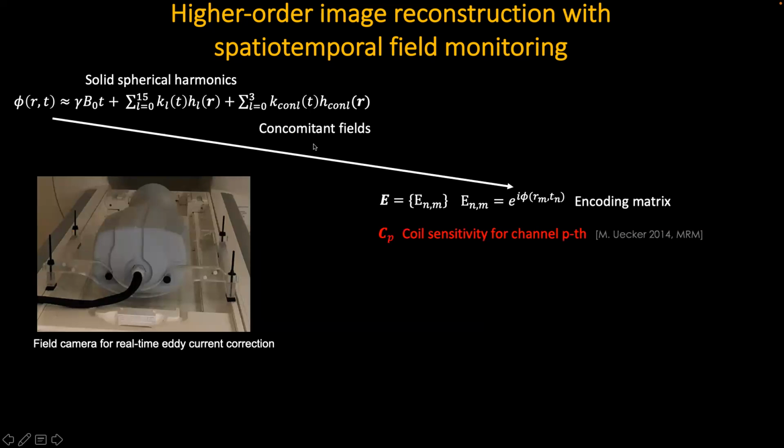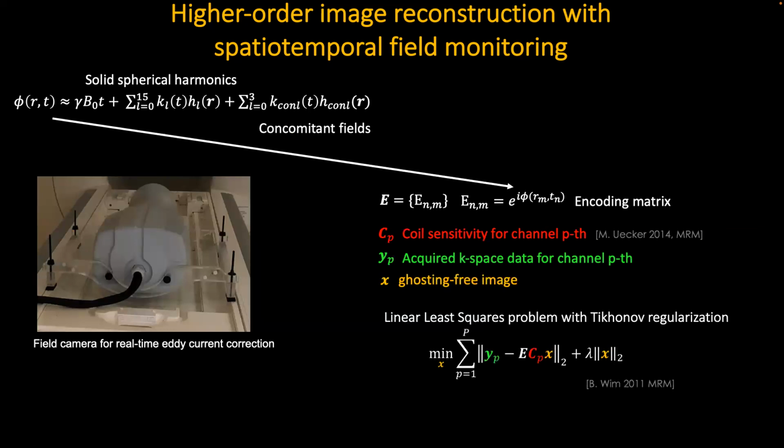We have the coil sensitivities estimated from a gradient recalled echo sequence that we can acquire prior to the scan. If we then have the acquired k-space data, and X is our ghosting-free image, we can formulate this linear least square problem with Tikhonov regularization and solve for X, where, because we have been including the phase variation in the model, we can achieve ghosting-free images by solving this